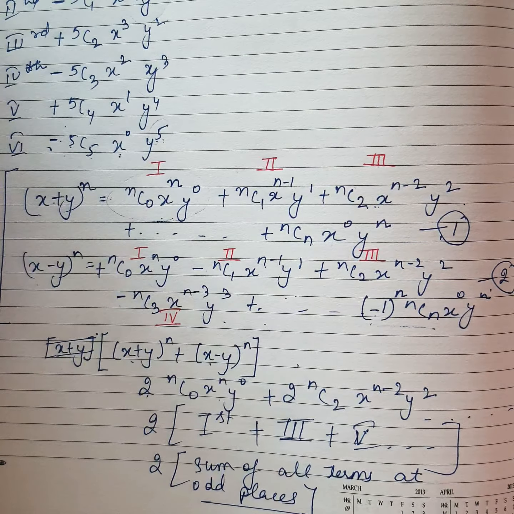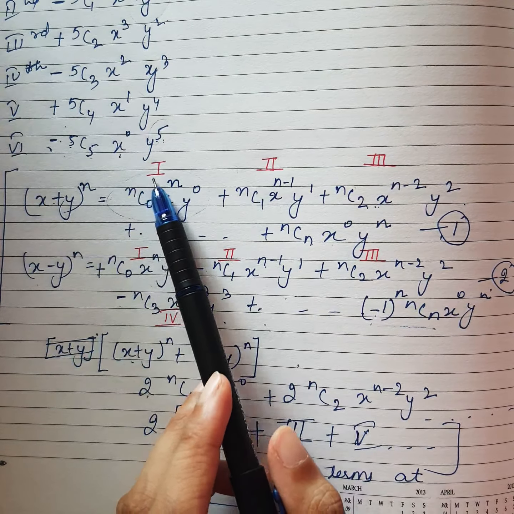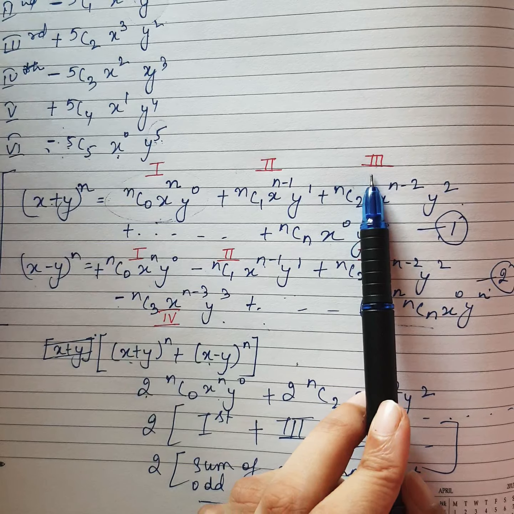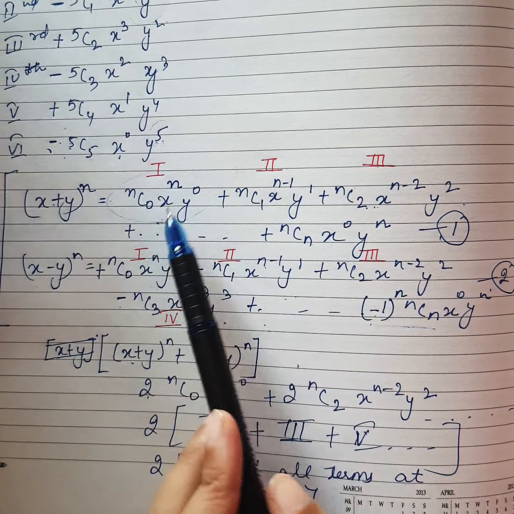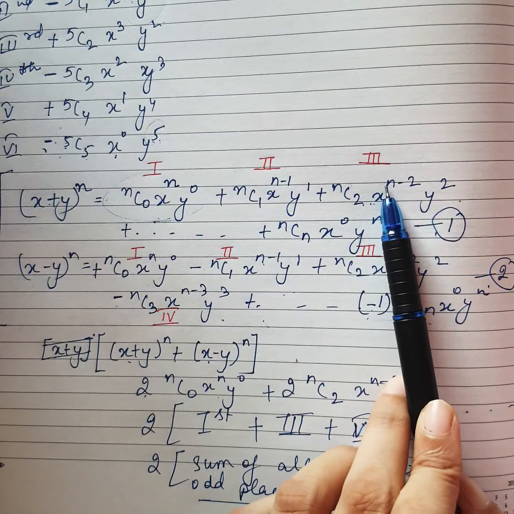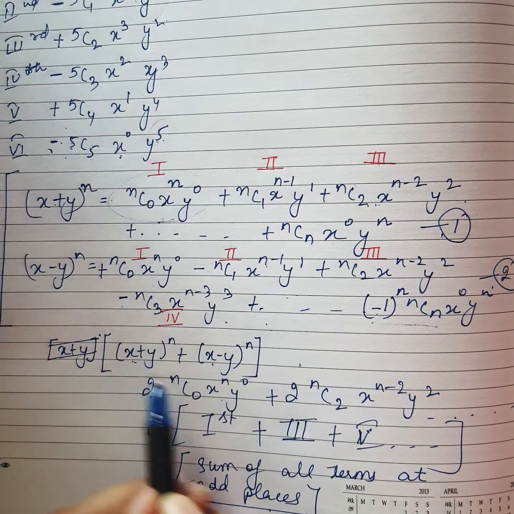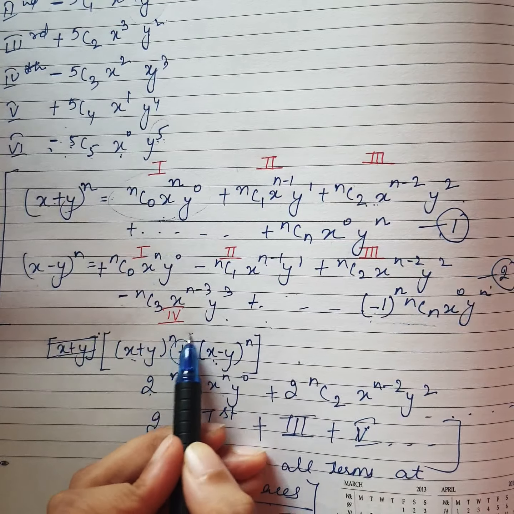Got this point? Odd places or even places are decided by the term's place in the expansion. First term, second term, third term: first odd, even, odd and so on. Right. So next, if I subtract,